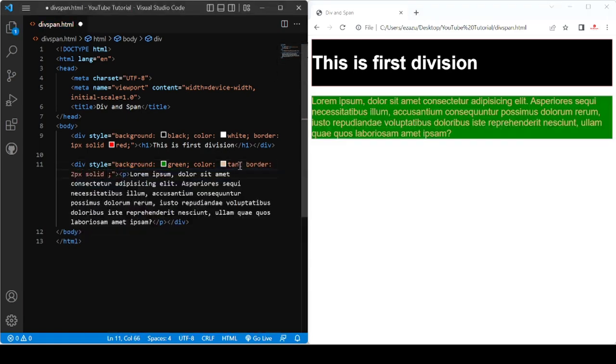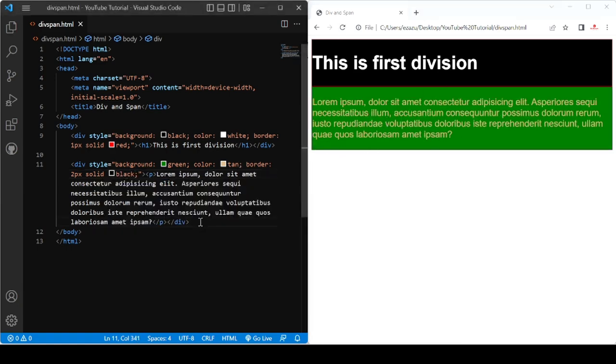Now you see, first I have this division. In this division I provide style, background color set as black and text as white, and provide the border as 1 pixel solid red. You can clearly see this is 1 pixel solid red. And after that I have another div.